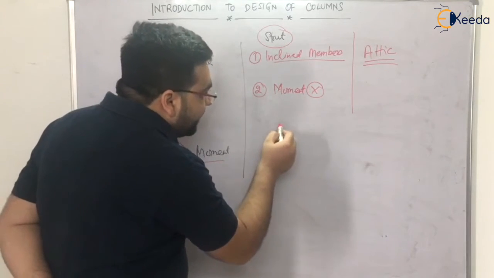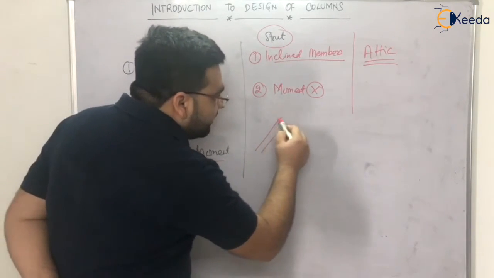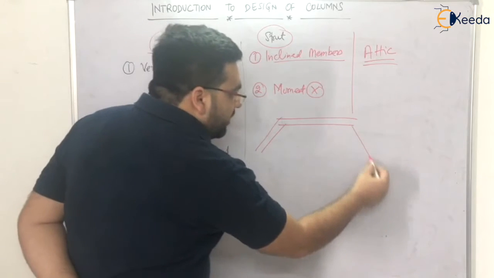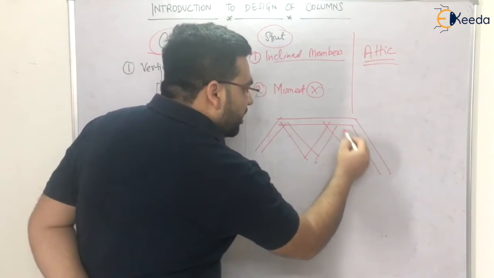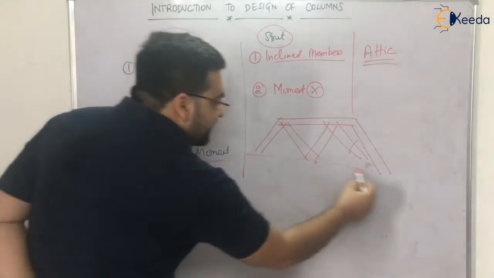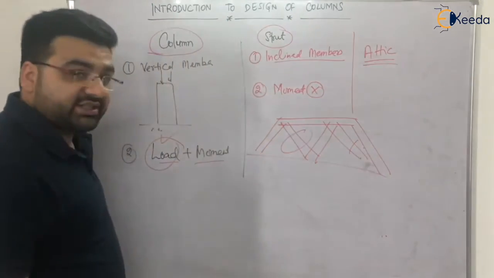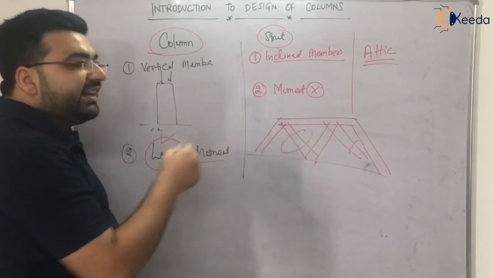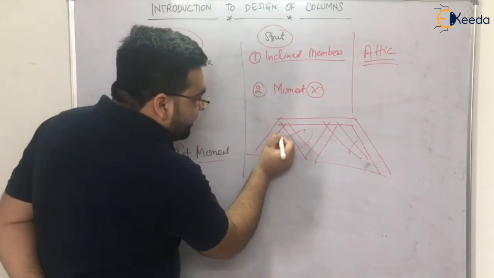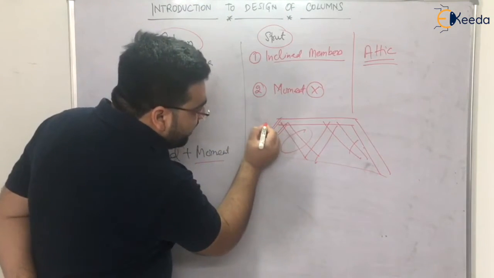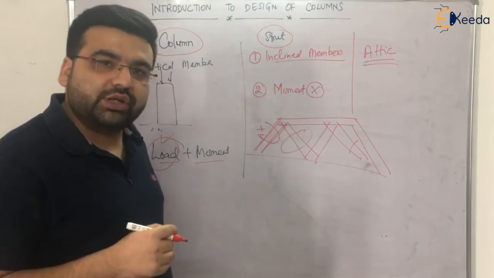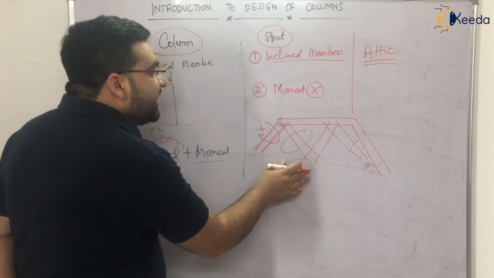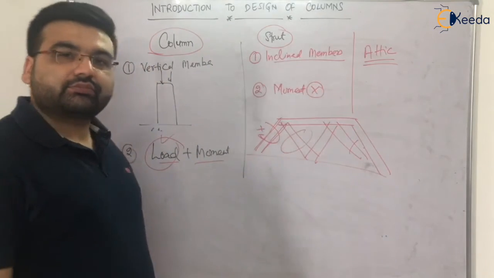wood, the attic is like this: one column, then there is a proper rafter, then one column, then again one wooden column, then one column and one column, and so on. These types of columns are known as struts, because these are not vertical, these are inclined. And always remember that in case of an inclined column, we design them for no movement, right? They do not have any movement actually, right? So this is an example of a strut.